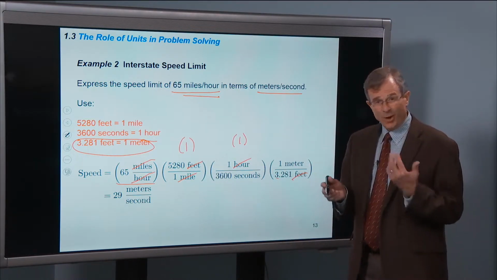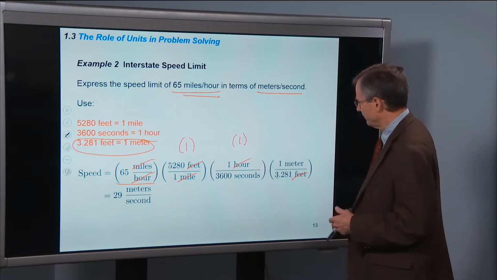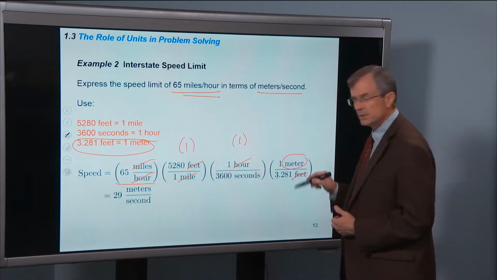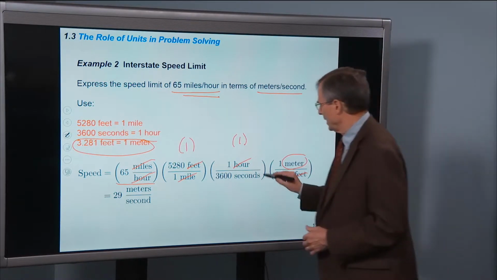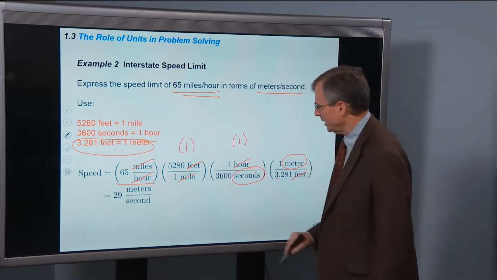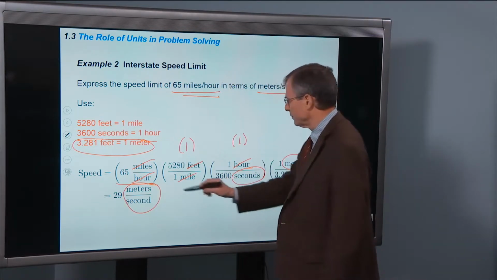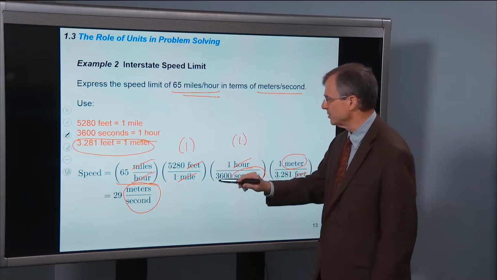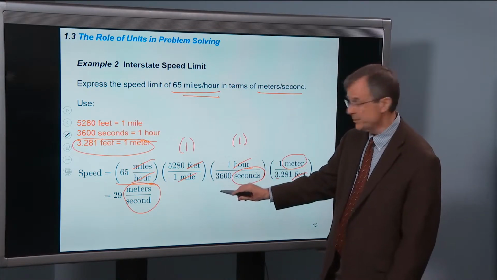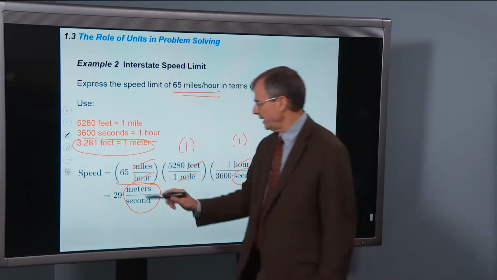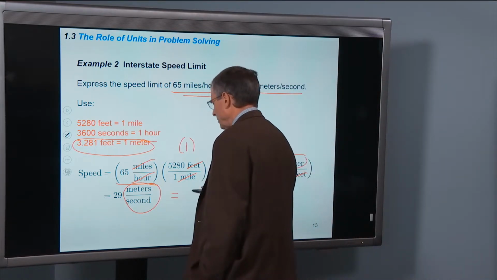Now, having crossed out all of these units, let's see what's left over. I've got meters in the numerator and seconds in the denominator, so I should have an answer in meters per second. And then you multiply all the numbers, 65 times 5,280 divided by 3,600 divided by 3.281, and you get 29 meters per second, which we normally would abbreviate